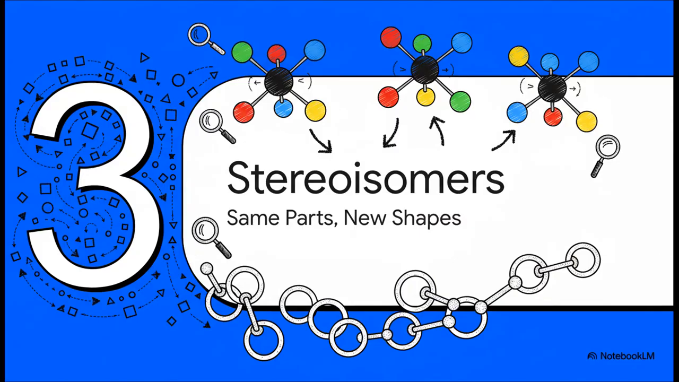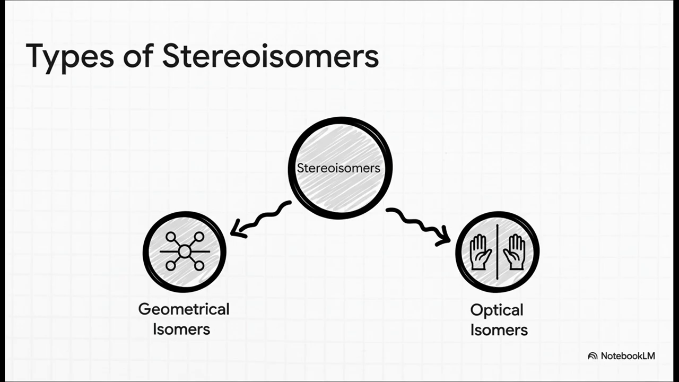So for the rest of this explainer, we're going to focus in on those stereoisomers, because that's where the most subtle and, honestly, the most fascinating architectural differences are. This is the real heart of stereochemistry. And inside this world of stereoisomers, there are 2 main players we really need to get to know. First, you've got geometrical isomers, which you might already know as cis-trans isomers, and second, there are optical isomers, which